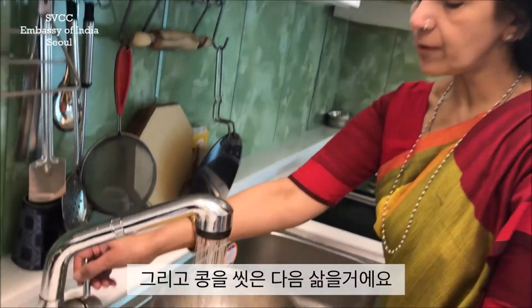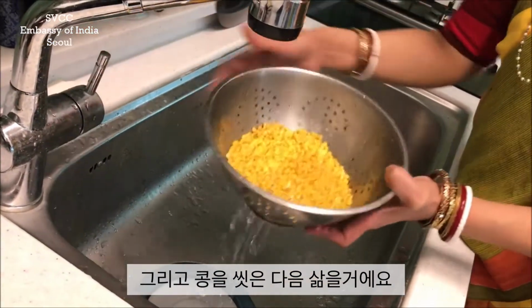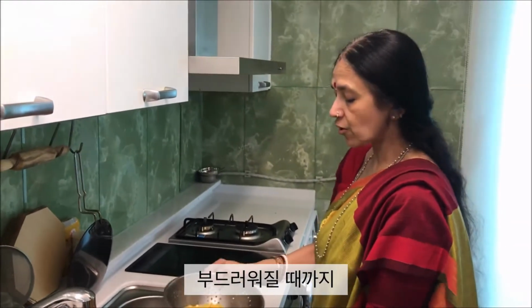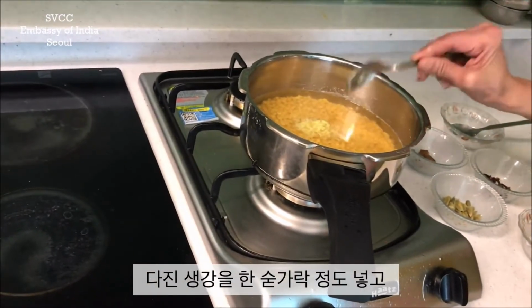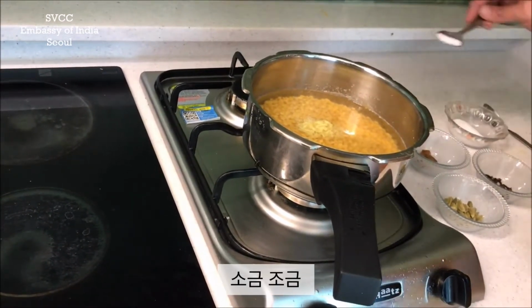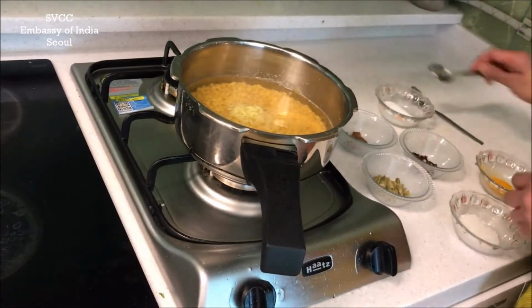We soak the chana dal for some time, like half an hour or so, and after that we wash the dal, and now we can put it to boil till it becomes soft. Now we can add a spoonful of grated ginger, some salt